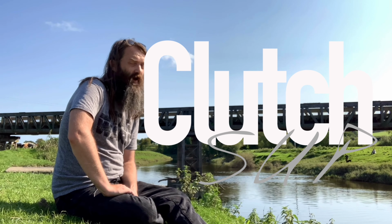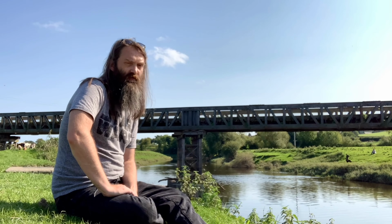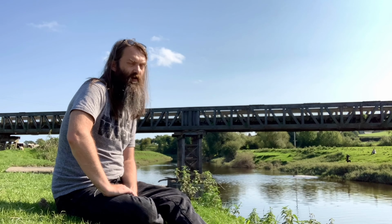I'm not doing any paddling today. Basically it's a spur of the moment thing and I thought I'd do this while I'm here. There'll be two spots today, both on the River Severn, you can see behind me here. This is at Crew Green. The other spot I'll give is Montford Bridge. And technically there'll be a third spot as well in Shrewsbury, but I'll cover that one properly probably in my